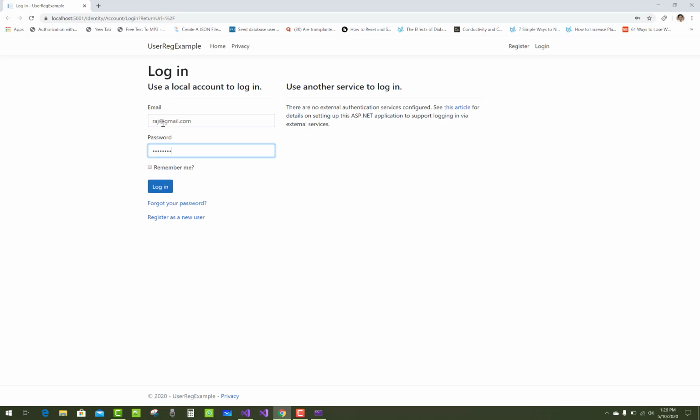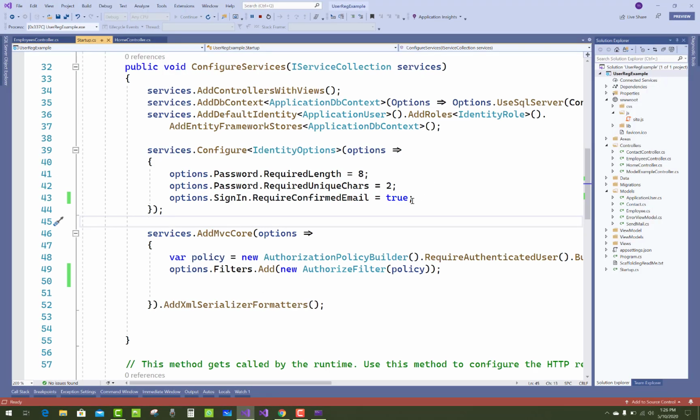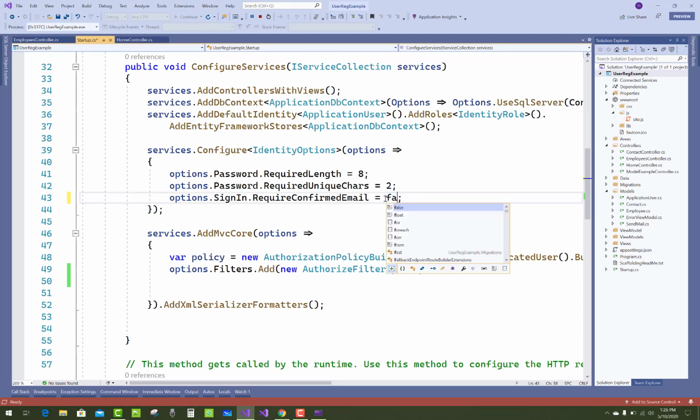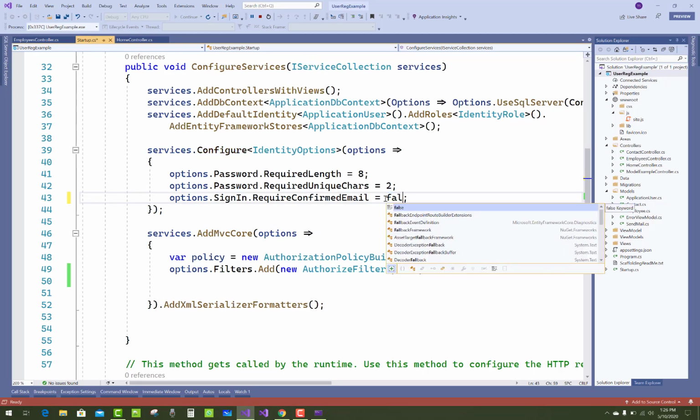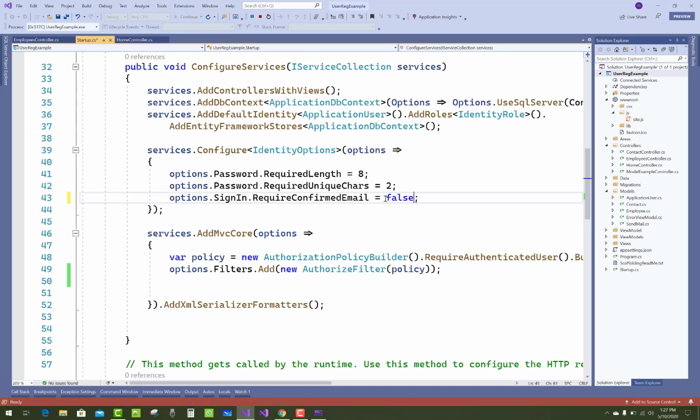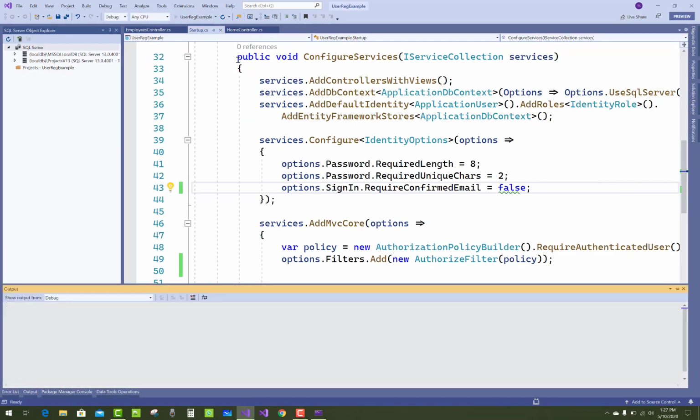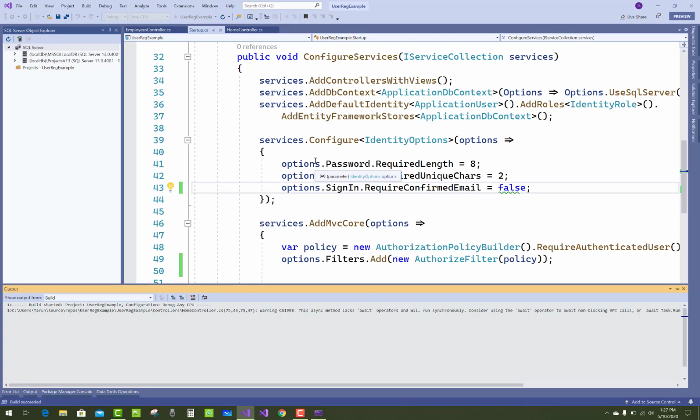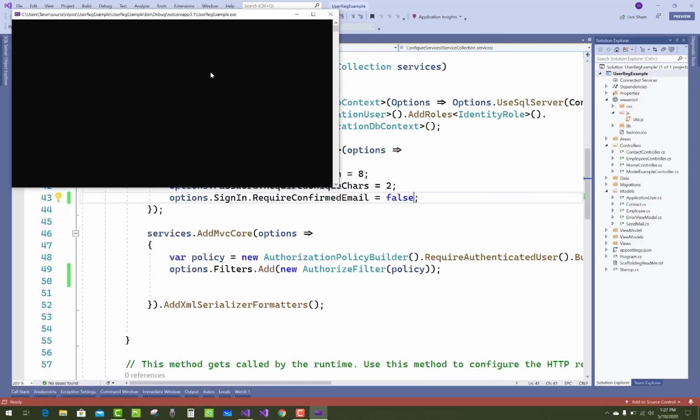and you notice that it is an invalid login attempt. You can see the invalid login attempt where that error occurs. If you set RequireConfirmedEmail to false, which is the default, then you can easily access any credentials in your